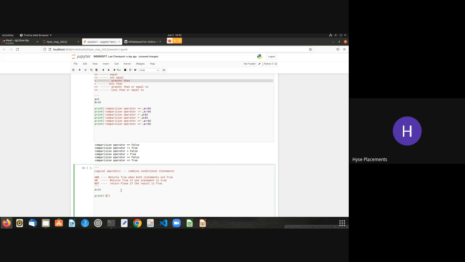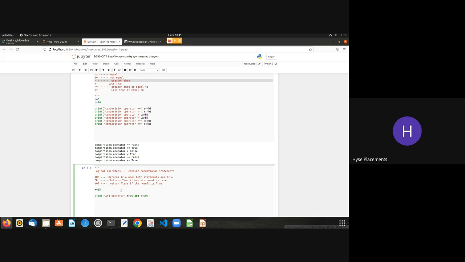So gates, we'll forget about it. Okay, so the statement I will use is x is greater than 10,